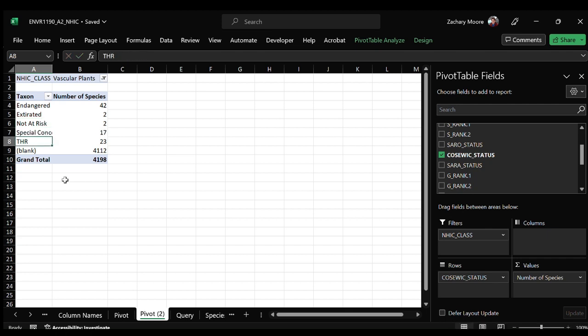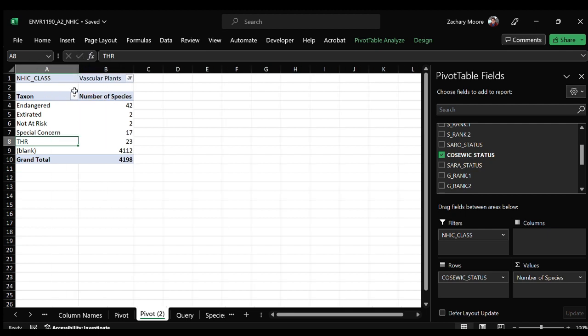And this will make it so that when we make our figures, it will auto-populate them into the actual figure. Now the blanks mean that COSEWIC, which is the Committee on the Status of Endangered Wildlife in Canada, the body that the federal government has to assess the conservation rankings of different species that might be at risk of extinction,